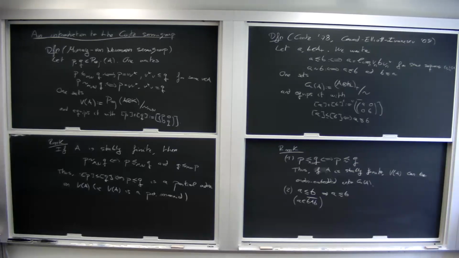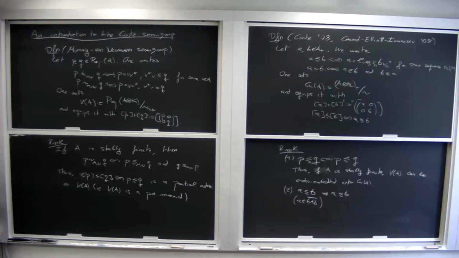So now, as I've said, one has a way of constructing a positively ordered monoid from any C-star algebra, which is mainly this construction. And of course, you want to know what happens at the level of star homomorphisms. It turns out that any star homomorphism descends to a positively ordered monoid morphism between Cuntz semigroups. And I will prove this result very quickly, but let me just state it. So given a star homomorphism, let's say phi from A to B,